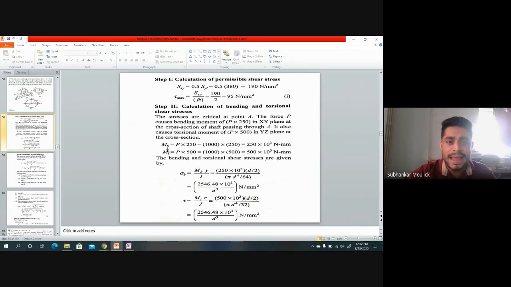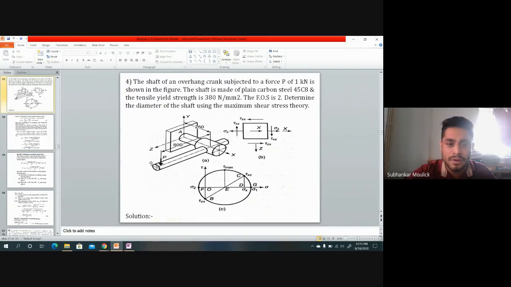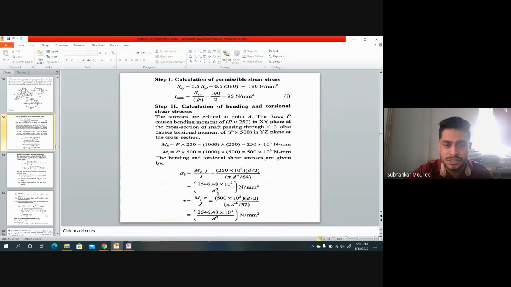So bending moment MB will be how much? MB will be P into 250. P is given in the problem, 1 kilonewton. If you solve it, you will get the value of MB to be 250 into 10 to the power 3